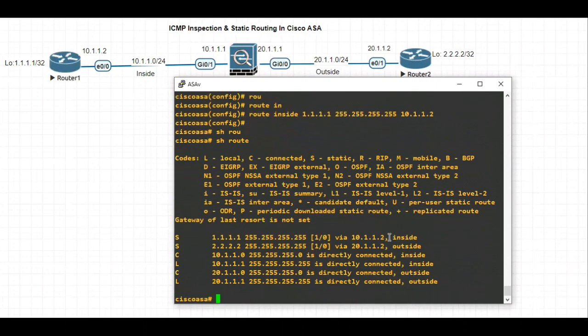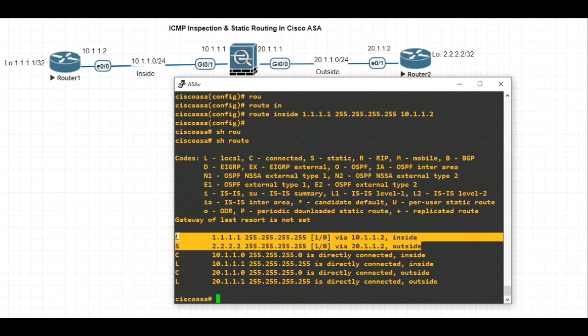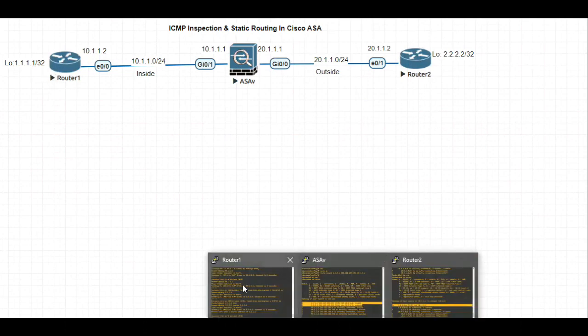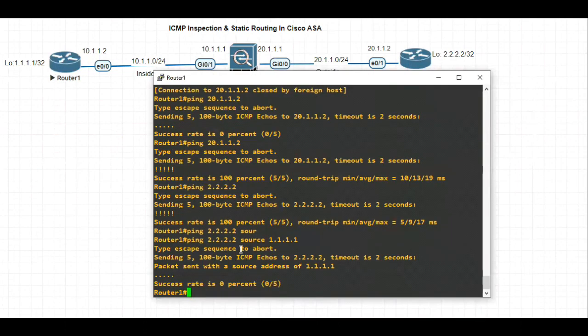And you can see you have got the static routes on the ASA firewall for the inside and the outside loopback interfaces. So now you should be able to ping router 2 with the source loopback IP address 1.1.1.1. Let's verify. I'll use the same command.